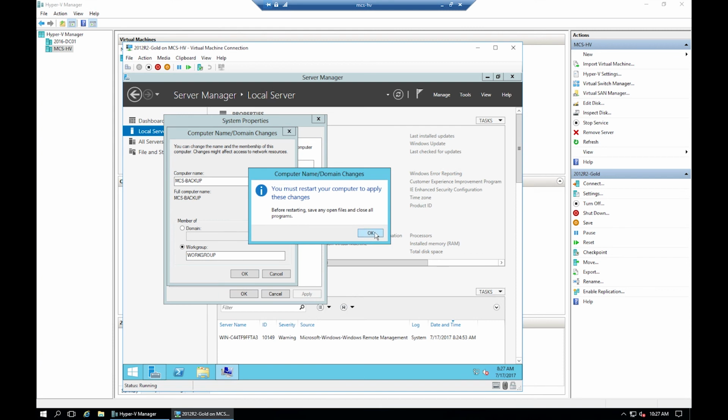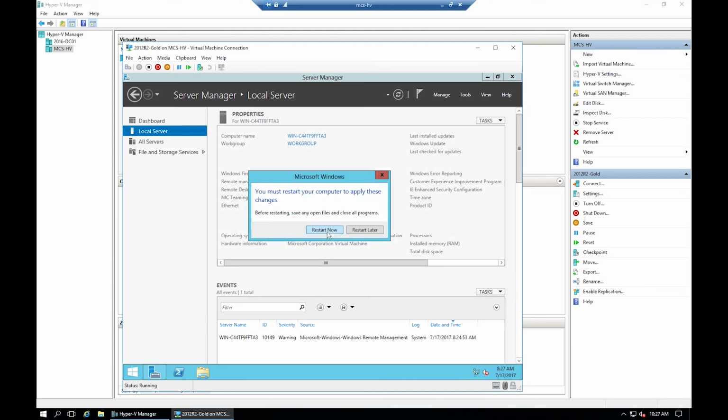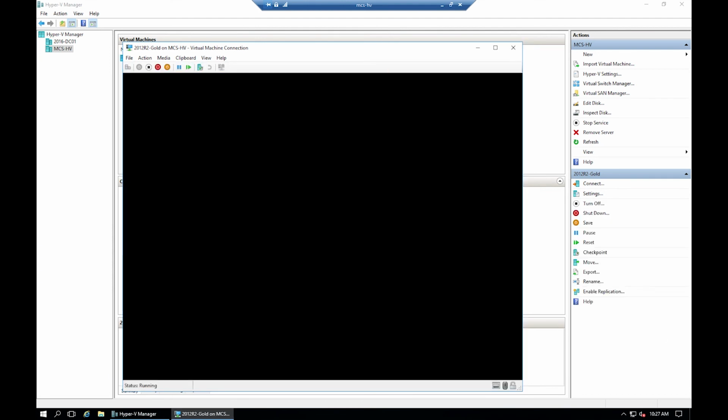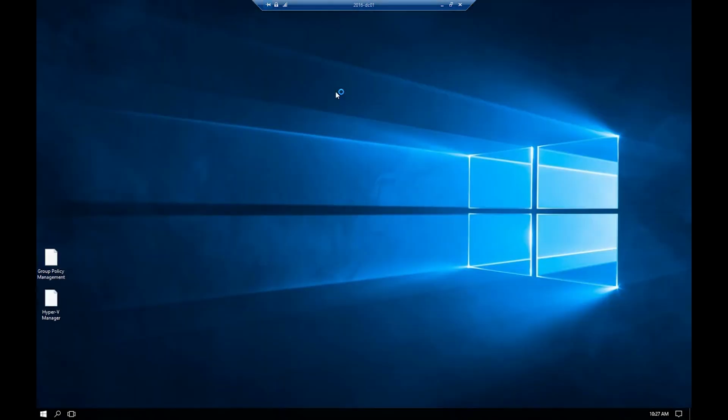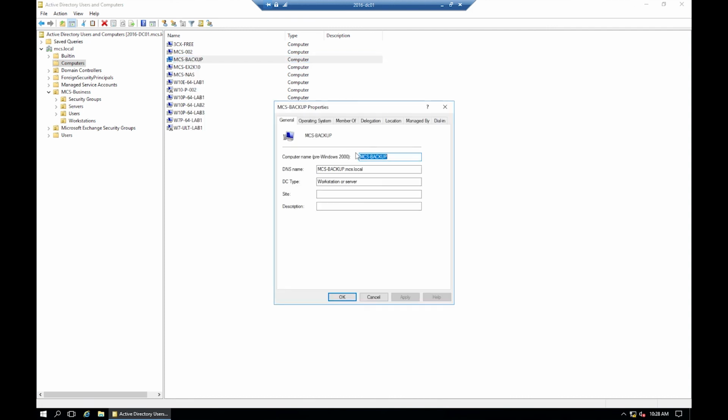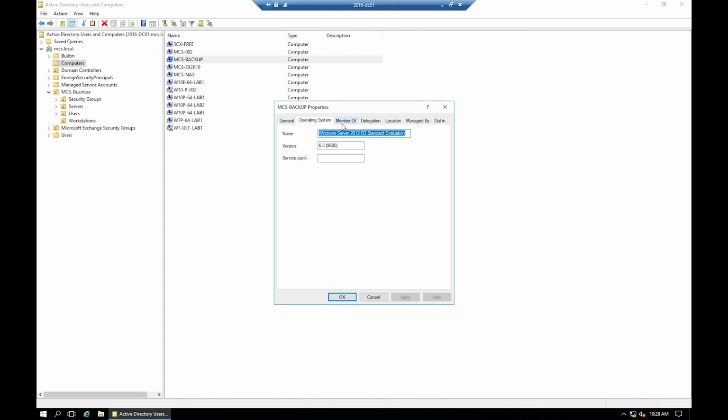Now, while this thing is rebooting, we'll go into the domain controller, and I'll show you what I'm talking about. You can reuse a computer name in a Microsoft Windows network, but you have to make sure that you reset the account under Active Directory Users and Computers. If you go out under computers, you will see that there is an MCS backup already there, and if I right click and go to properties, you'll see it already has